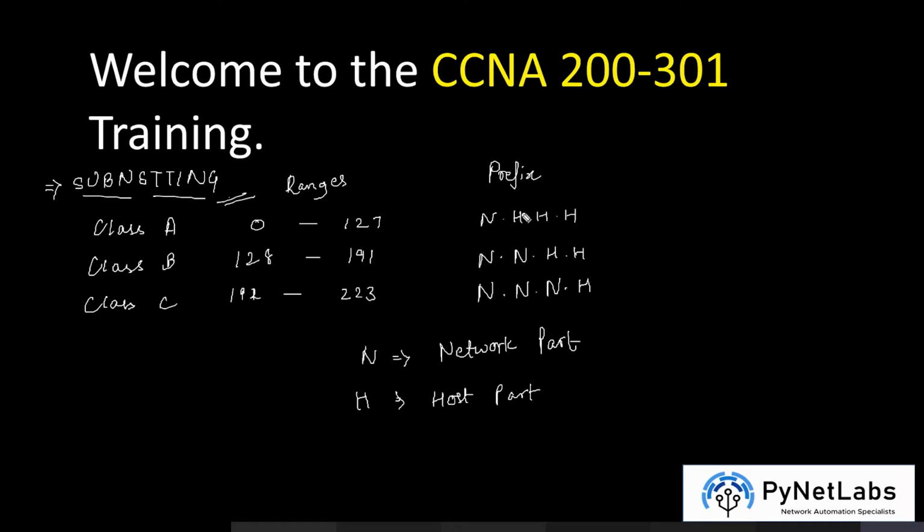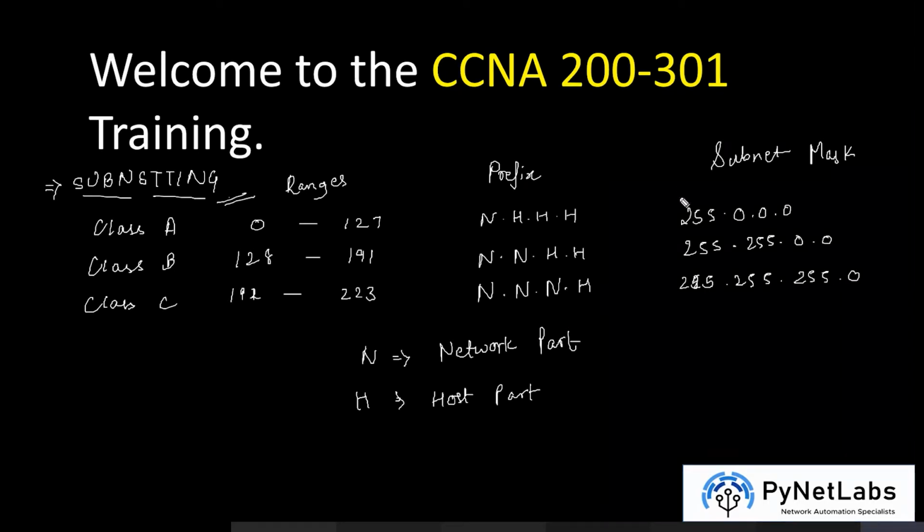Now, today what we are going to learn is subnetting. We discussed yesterday about the default subnet masks, which were 255.0.0.0 for class A, then 255.255.0.0 for class B, and 255.255.255.0 for class C. Now, today we are going to make some changes in these subnet masks so that we